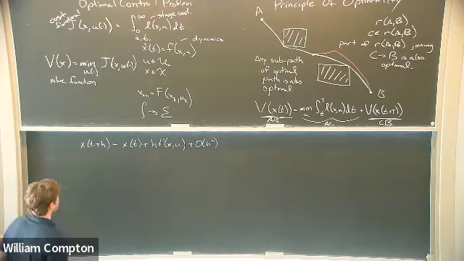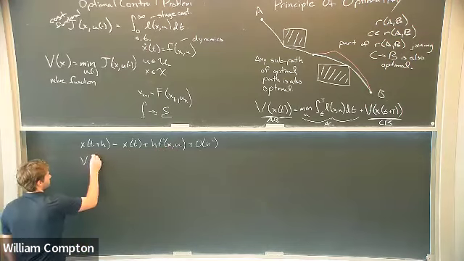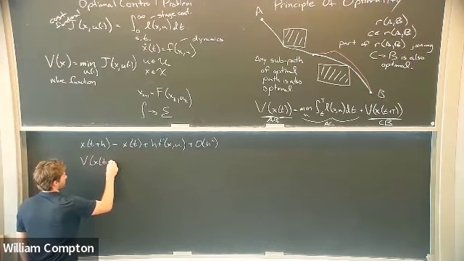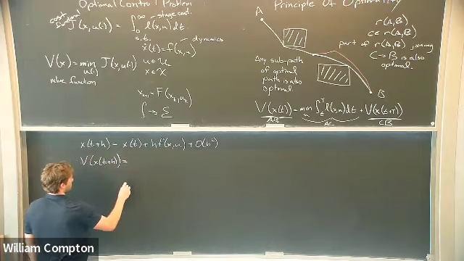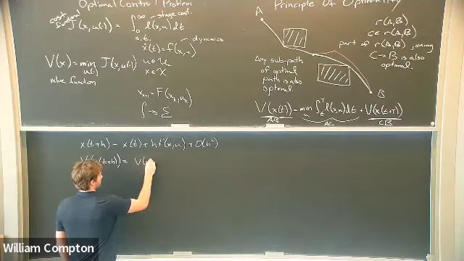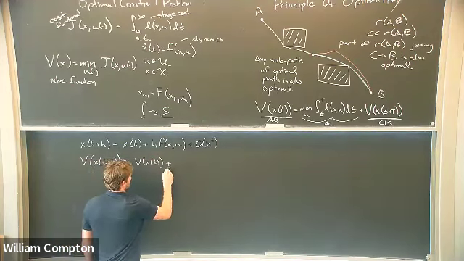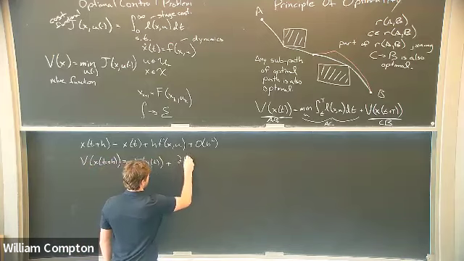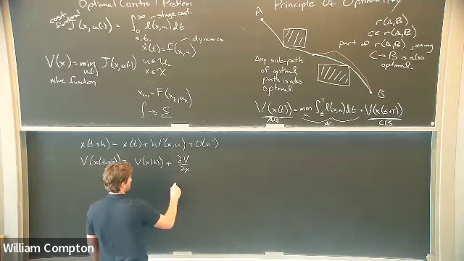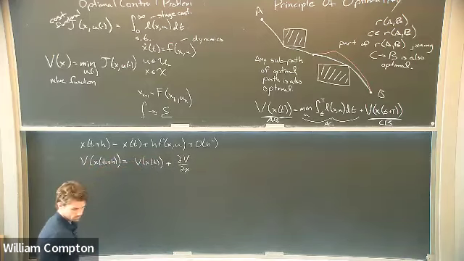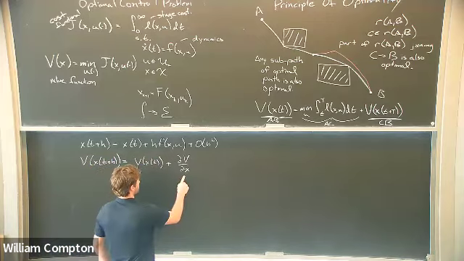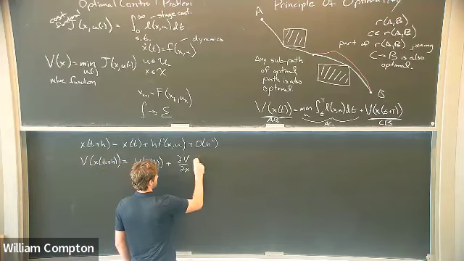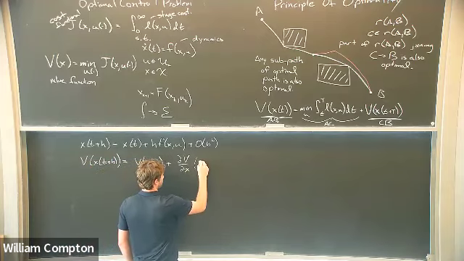And then we will also look at v of x of t plus h, which is equal to v of x of t plus dv dx times, and then we have here